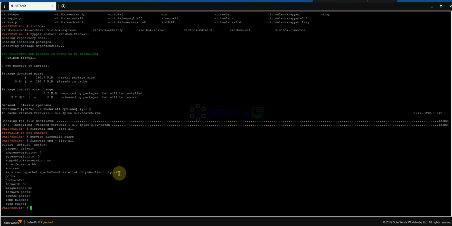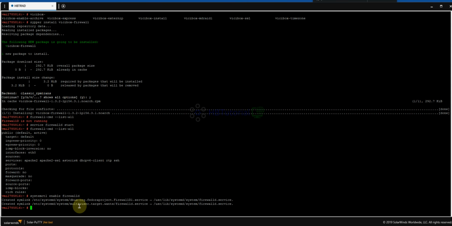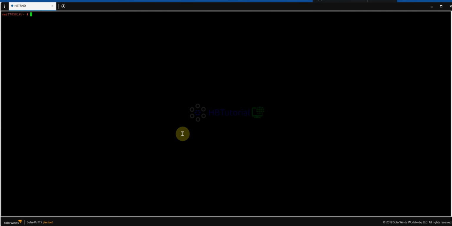So as you can see, all the SSH and other stuff has been added there. So we don't need to change. So just leave it as default for now. So enable the firewall on the startup. Okay, it's enabled. Okay, so after the firewall already works, we are now ready to generate our